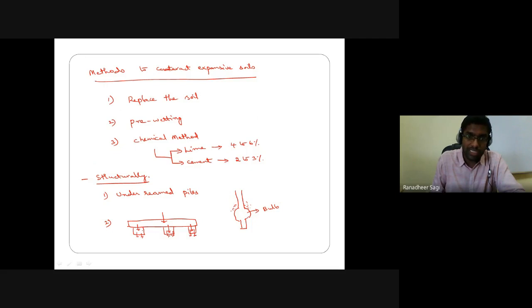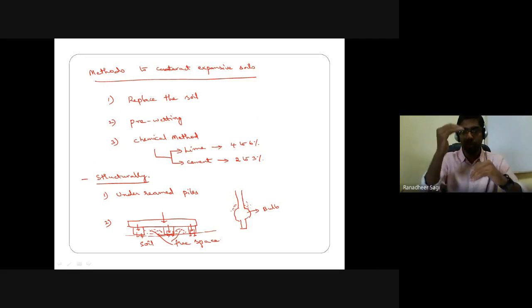Now what is going to happen? As this is free space that is available, this region and this region, if the soil below the foundation structure, or the soil below the beam position, okay, so this is the beam position, is trying to swell, then the swelling gets accommodated into the free space available between the beams below your foundation. So in that free space, your soil can easily swell and get adjusted.